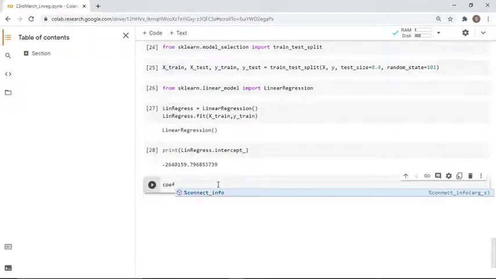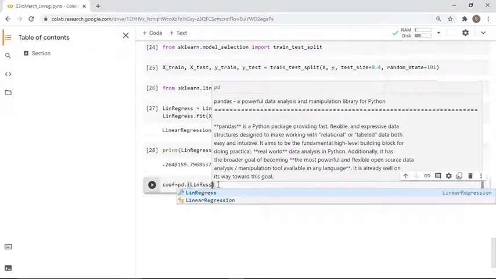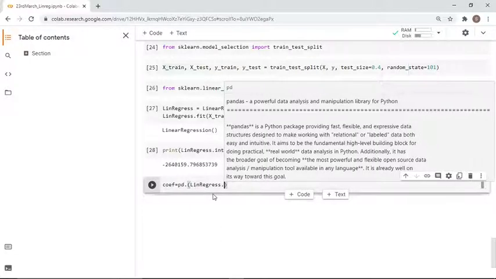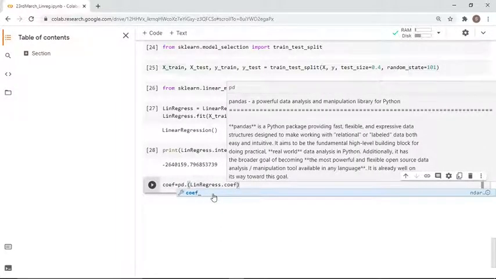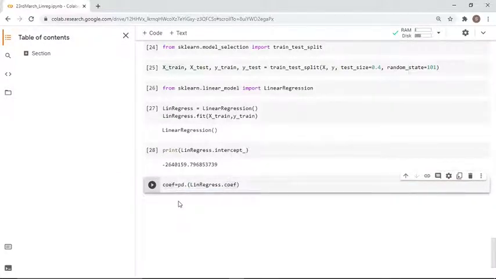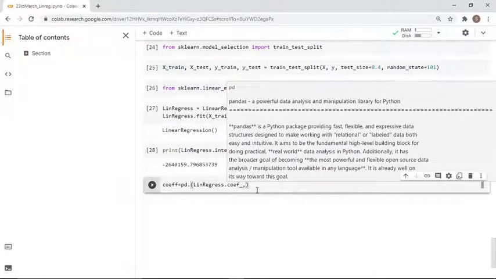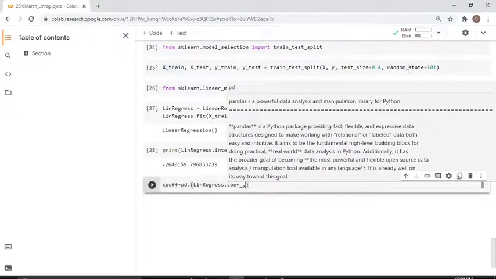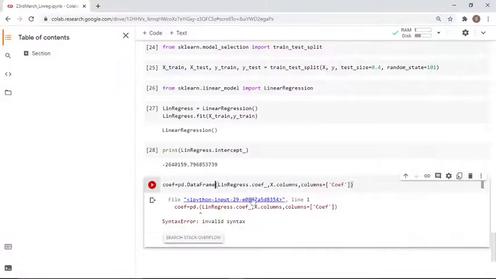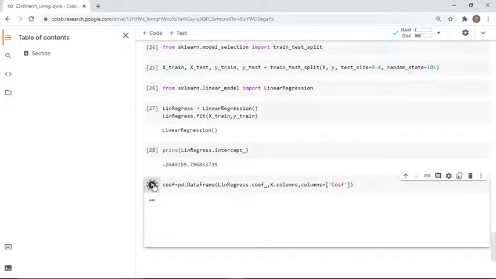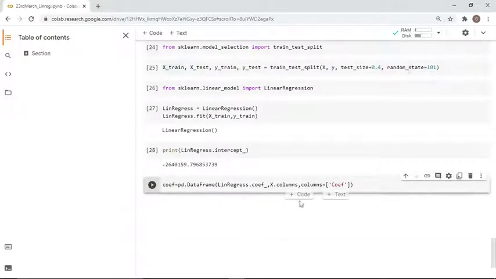Let us store it in the coefficient variable, where we have this pandas object with linear regress dot coef underscore. Okay, so successfully executed this command.